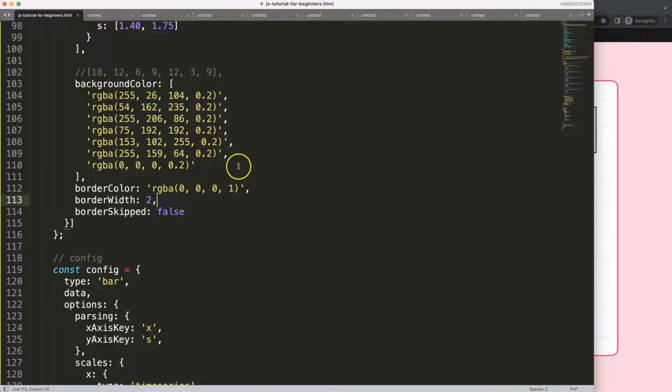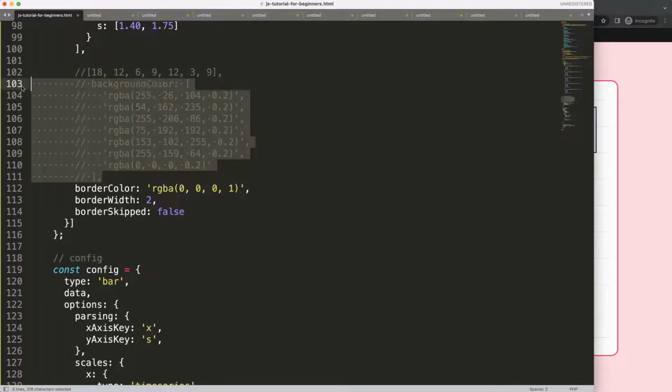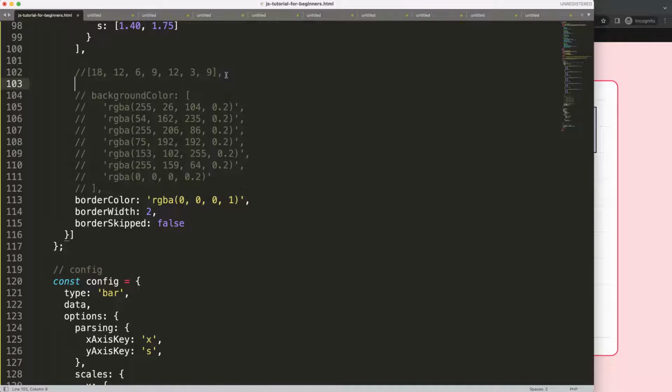Now I want to work on the background color. I'm just going to comment this out, and let's remove this here. I'm going to use these colors later on. I want only the red color, which is the upper one, and the green color here, which is the 4th item. So I'm going to say again, background color,